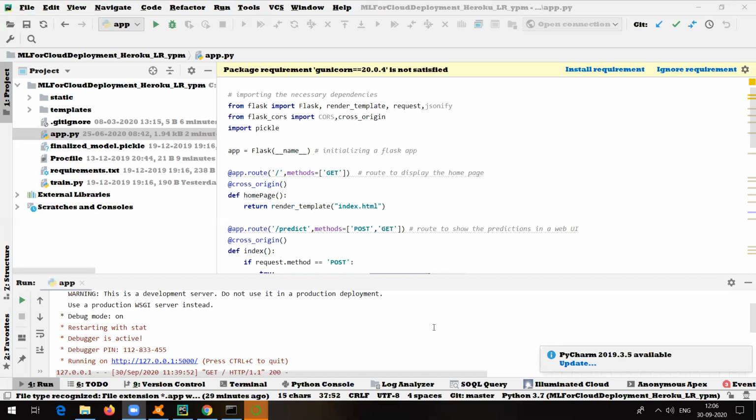Sir, you said this cross origin means it is a different class, cross platform. Means what? I don't understand. It means that's a different server, and my project is actually stored on a different server or network, I can say. So even though my project is in a different network, the person who is trying to access my application from another network should be able to access that. That's what is taken care of by this cross_origin. Okay, sir. Because we don't know, right? The client can be from any network, right? So in that case we need to use cross_origin, which we are able to make use of with the help of this flask_cors. Okay, sir. Right.